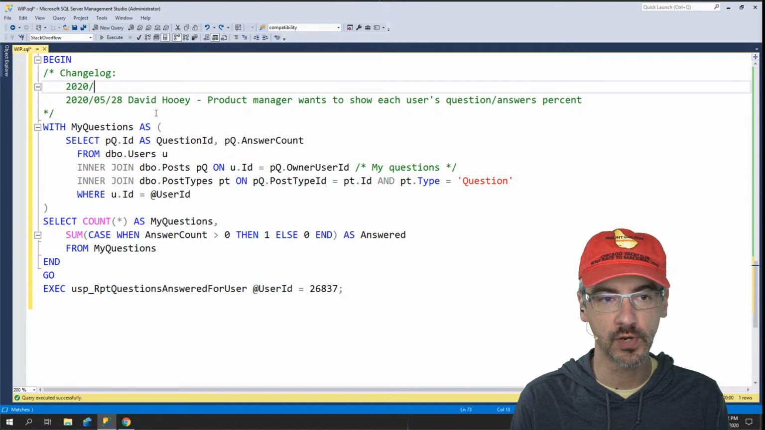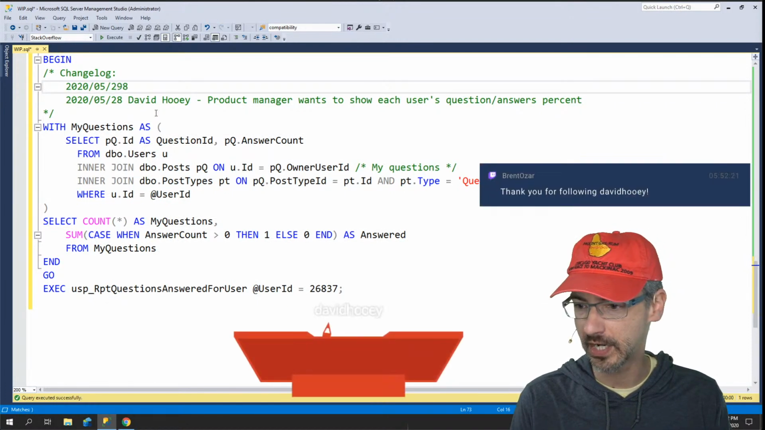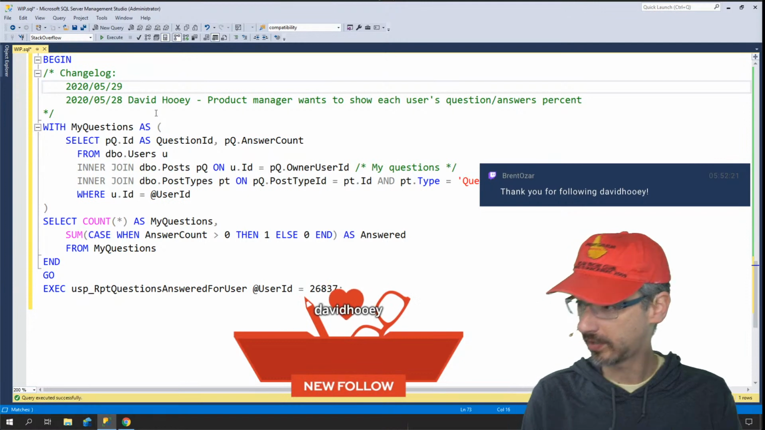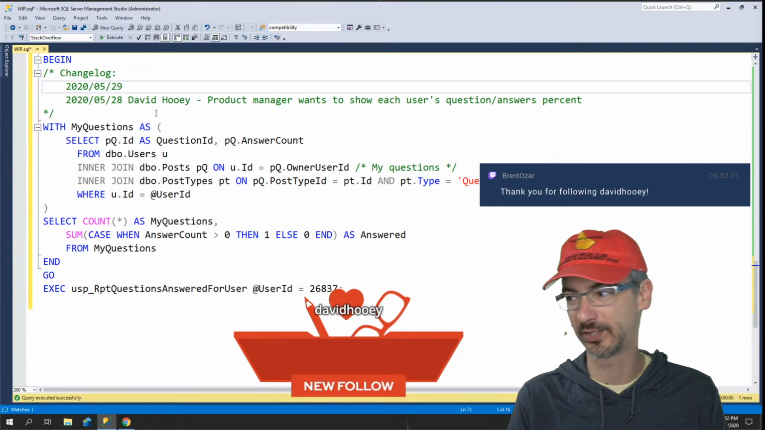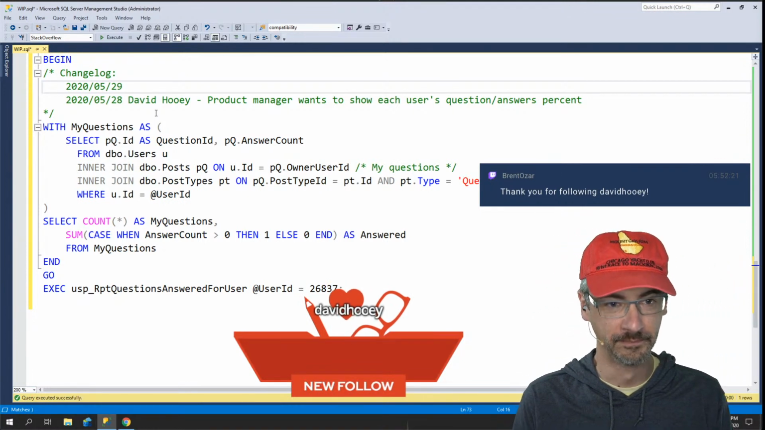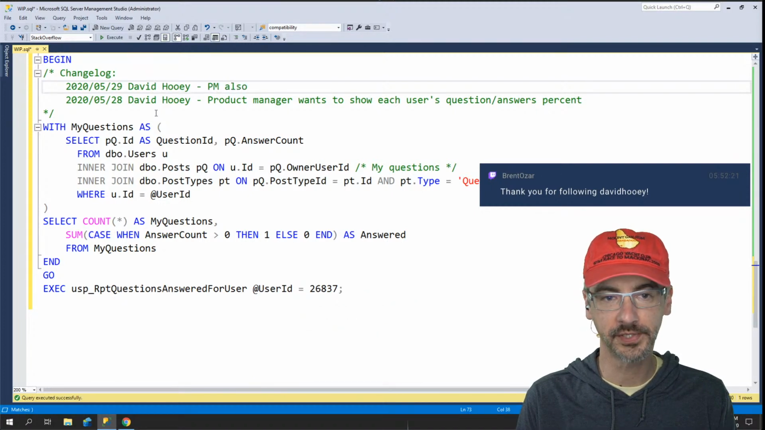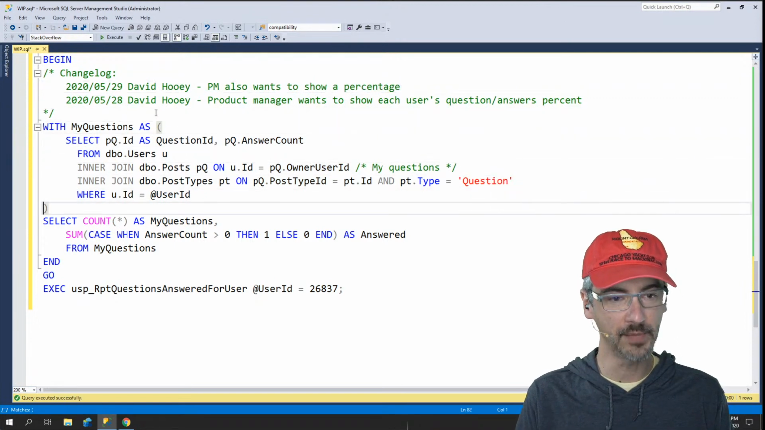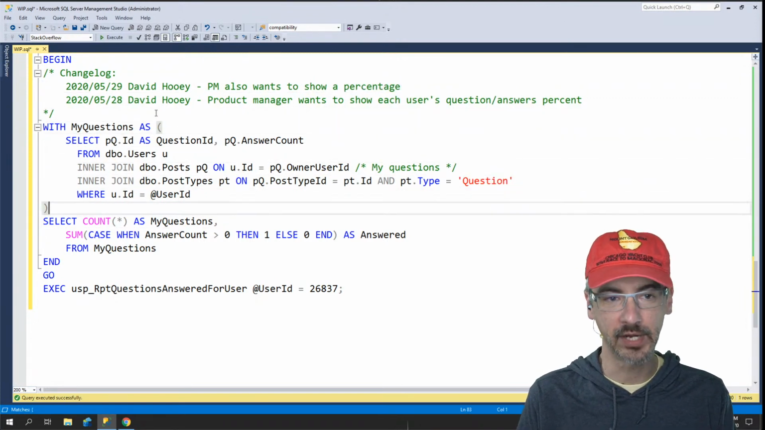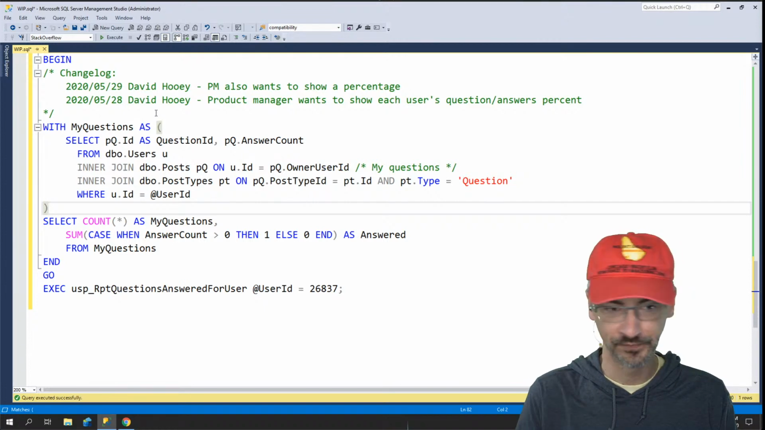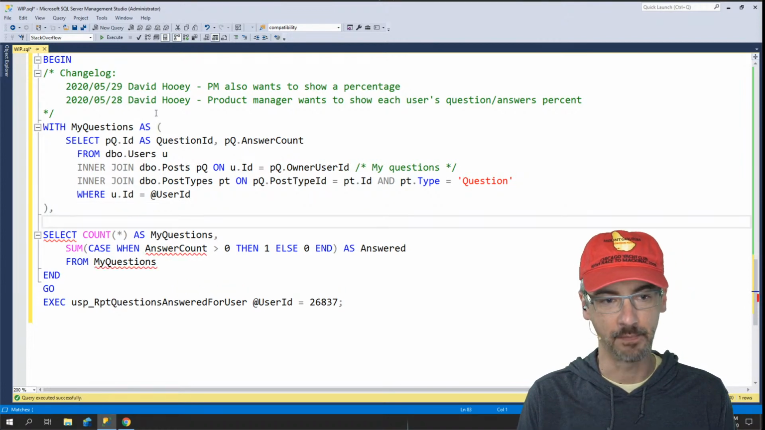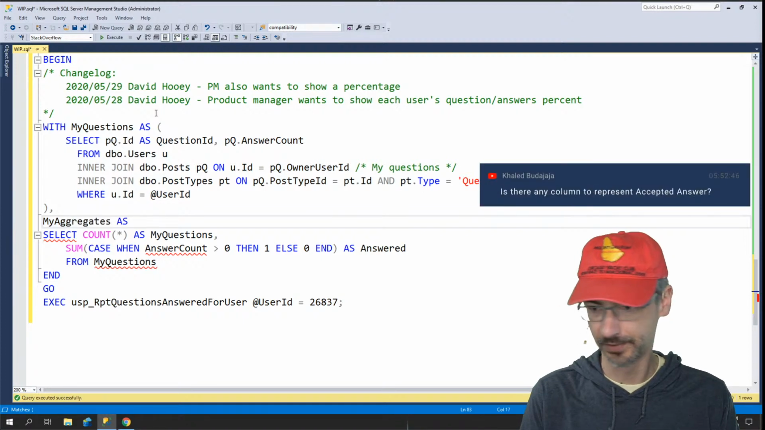We'll say 2020-05-29. David Huey's following me now. He's like, Brent's putting a lot of work into this code, I better follow him. David Huey, PM also wants to show a percentage. And so I'm going to daisy chain it again. I'm going to throw another CTE in here. I'm going to say my aggregates as